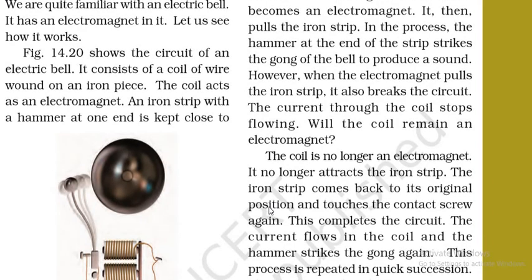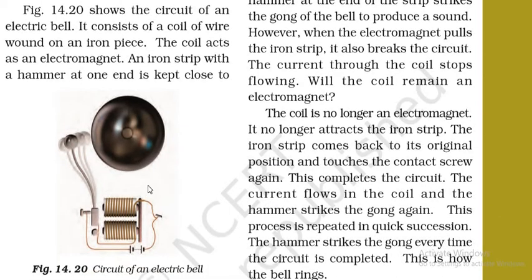Now the electric bell is the last topic of this class, children. In an electric bell, you must have seen electric bells ringing outside your classrooms or in your schools every now and then. So how does that work? Now that also works on the principle of the magnetic effect of electric current. Now see its different components, children. It will consist of a coil of wire with an iron piece, and then an iron strip with a hammer attached to it, and then you will have a contact screw and the connecting wires, and this will be your hammer and the gong, and then you will have the batteries and the connecting wires.